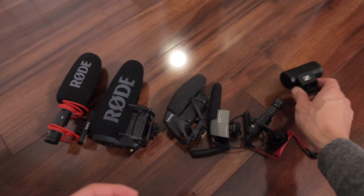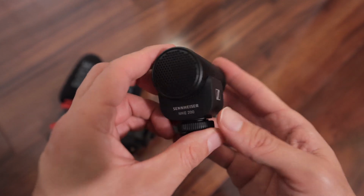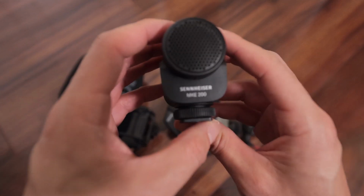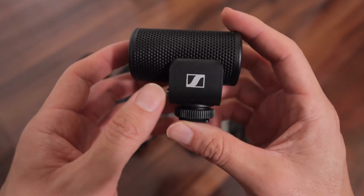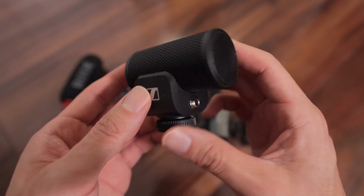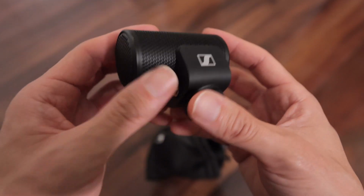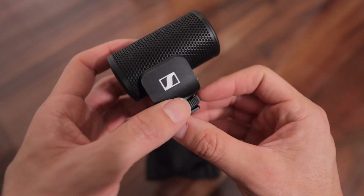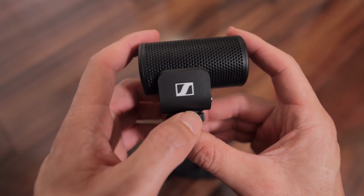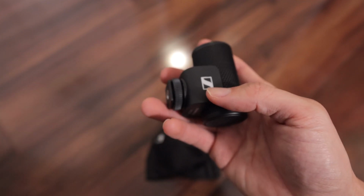And then the last, my newest purchase, in addition to the Rode NTG, this is the Sennheiser MKE 200. I have the 400, and then this is the 200. This one is also plug and play. It does not require any batteries. This is a windscreen that's built around. It's very small. This is one of the reasons why I got it, and I'm hoping that this is going to replace the Rode VideoMicro, because I like this form factor a lot better, how compact it is